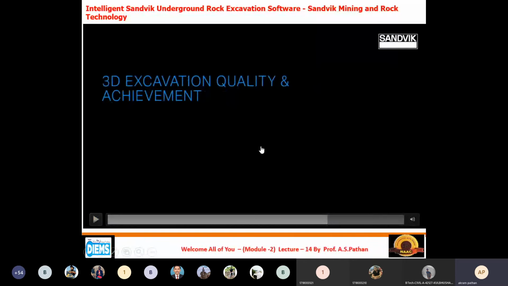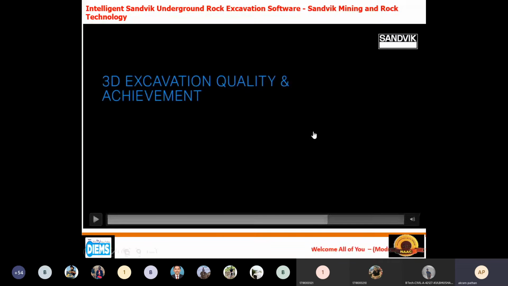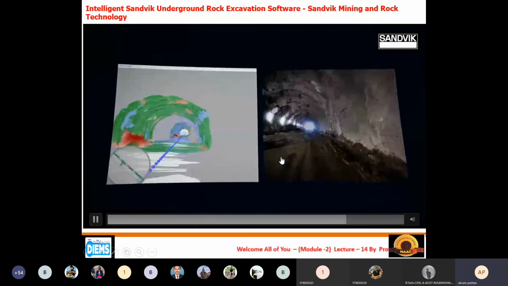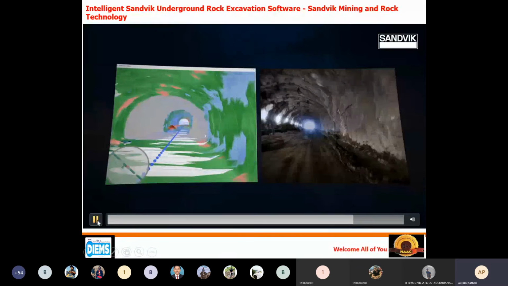The vibrations are very important, because if the vibration extends over a longer length, the nearby area may get affected, and due to which the drilling and blasting technology is not advantageous. So this software calculates the vibrations, how much vibration should be there. These are the strengths of this software, and you are able to see the details of what is going on inside with the help of this particular software.